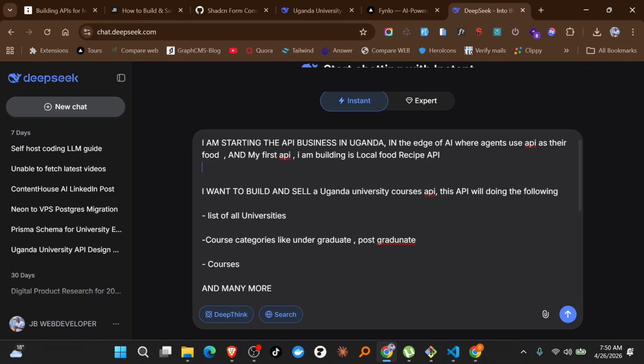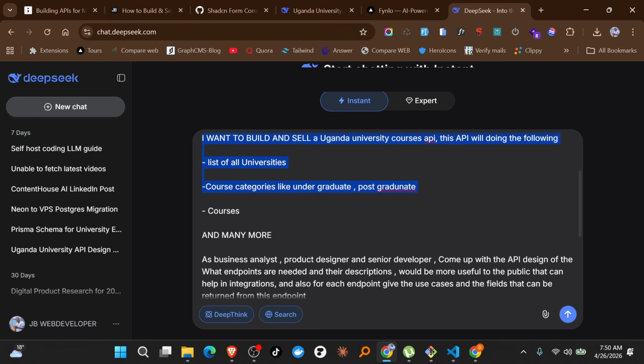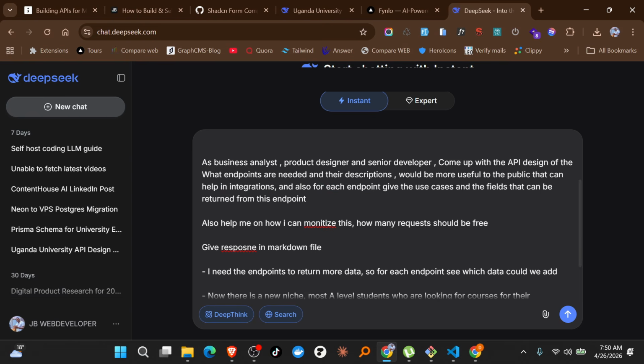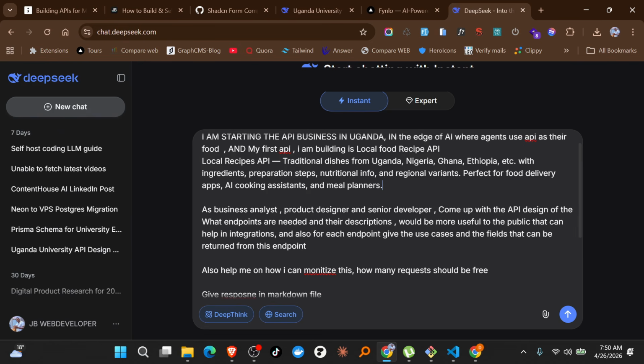And you're going to paste this here. Okay, so I'm going to say this. Basically, I'm just going to remove this part. So I'm going to say, as a business analyst, product designer, and senior developer,